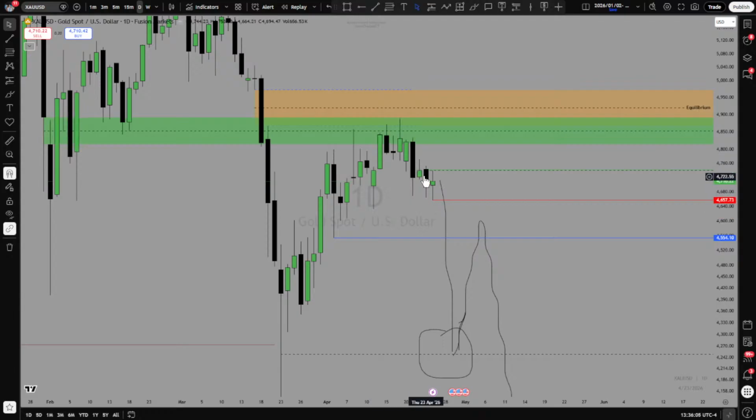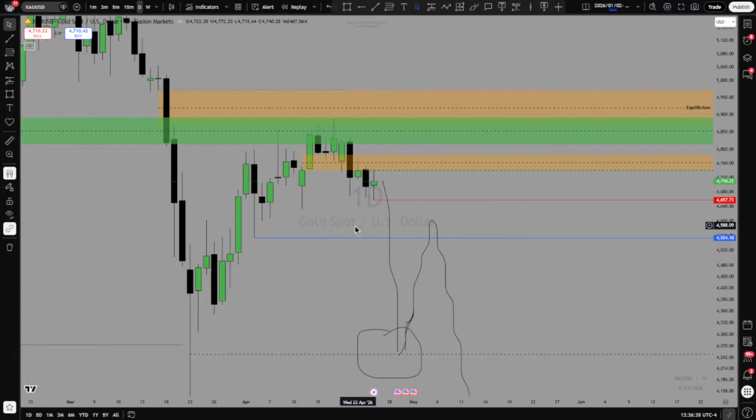So what we're looking at this point is whether the price can go back to this level and confirm one more time that we're going to go lower, right? If the price attempts to come here, then fails to break above it or doesn't close above this level, 4,799.07, then it means the price is going to continue going lower. That's what I'm looking for.